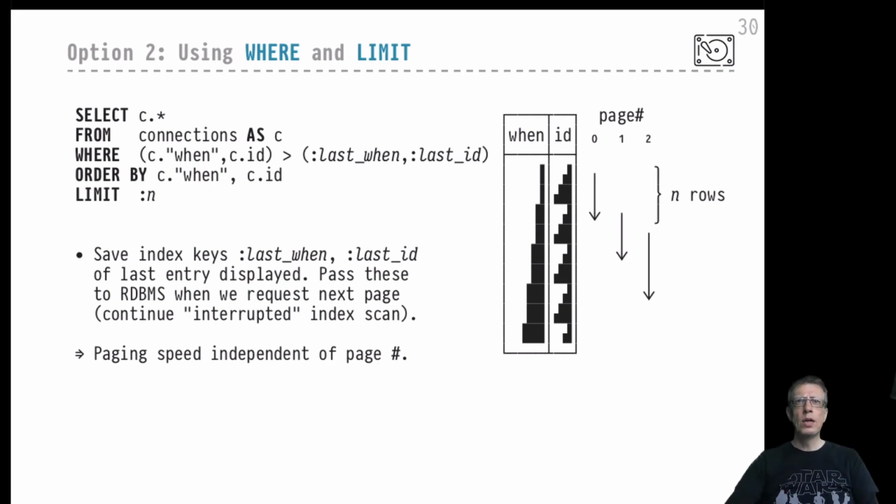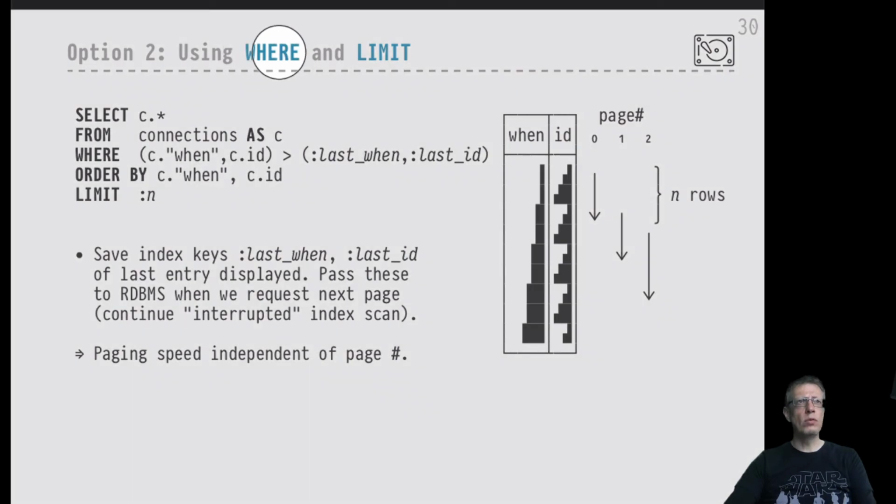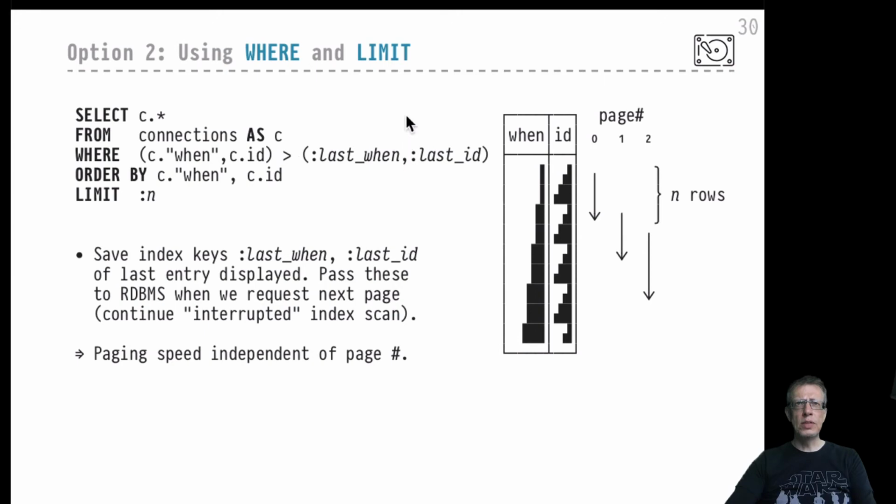Okay, but to find the rows that we actually want to return to the web application, we will use a where clause now. And this is the modified paging query that the web client should use to query the next page of data from the database system. As you can see, we are now using a where clause that performs a comparison of the when and ID